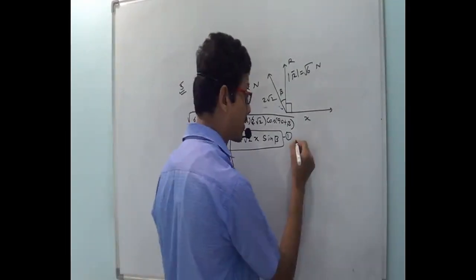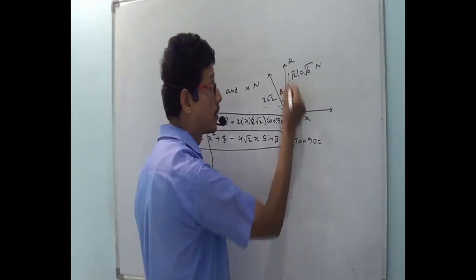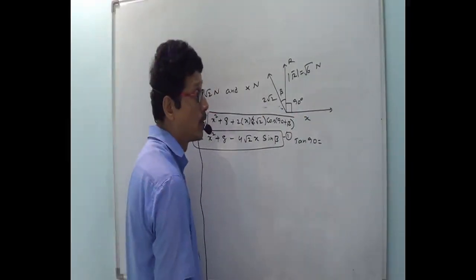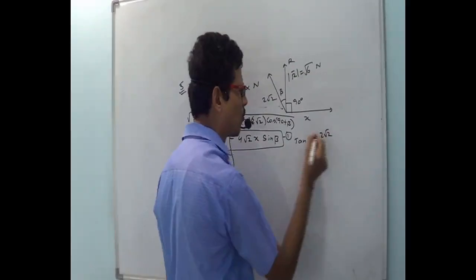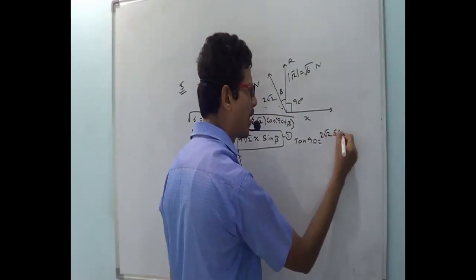Tan 90 is equal to, this is the resultant, na? Resultant is making 90 degrees with x. So b means 2 root 2. What is the angle between two vectors? 90 plus beta, na? B sin 90 plus beta